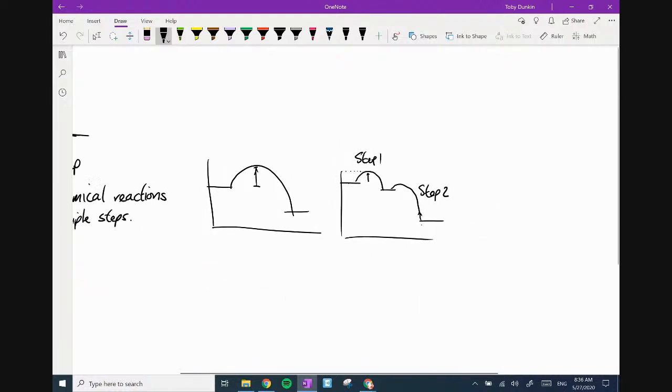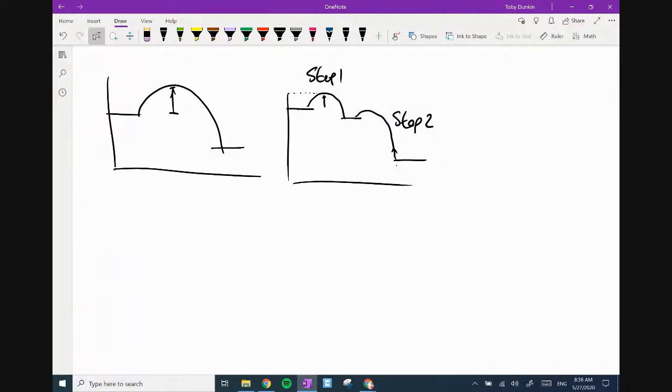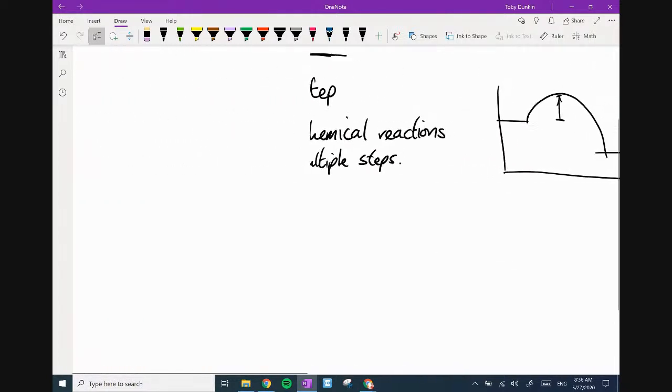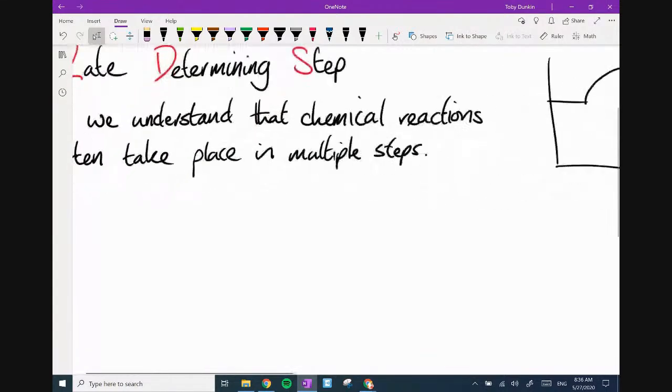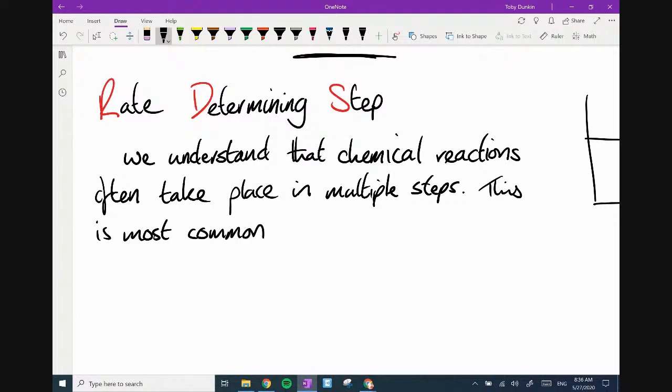So we kind of talked about this. We also see it in organics. Yeah, organic is heavy on multiple steps. So, we understand that chemical reactions often take place in multiple steps. This is most common for